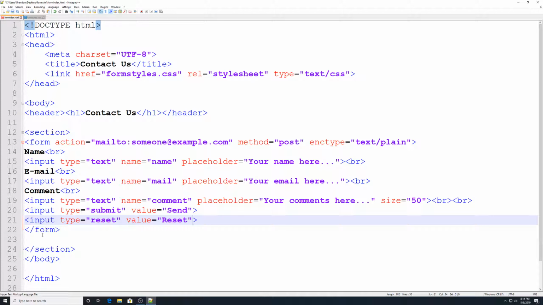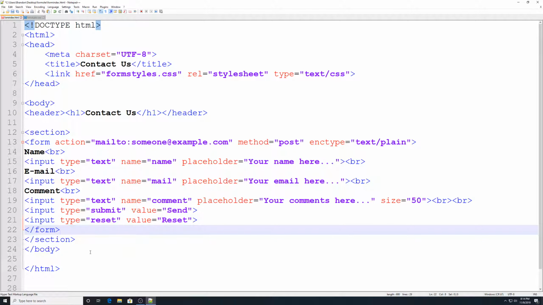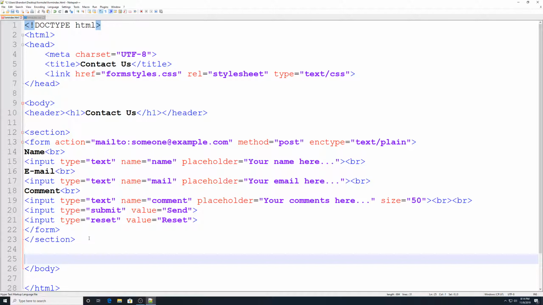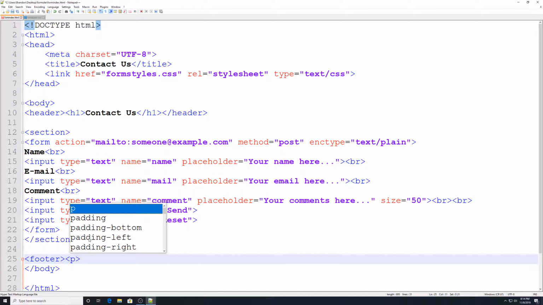So then, let's see, I think we got form, then we got section. That's closing that up, so I'm going to enter that up there, and then after section, but before the end of the body, I'm going to put in a footer tag here, and then I'm going to put in a paragraph tag, and then I'm going to close my footer tag,